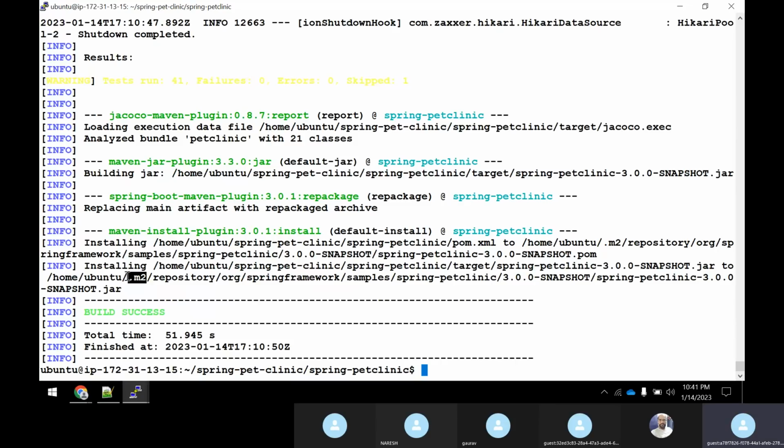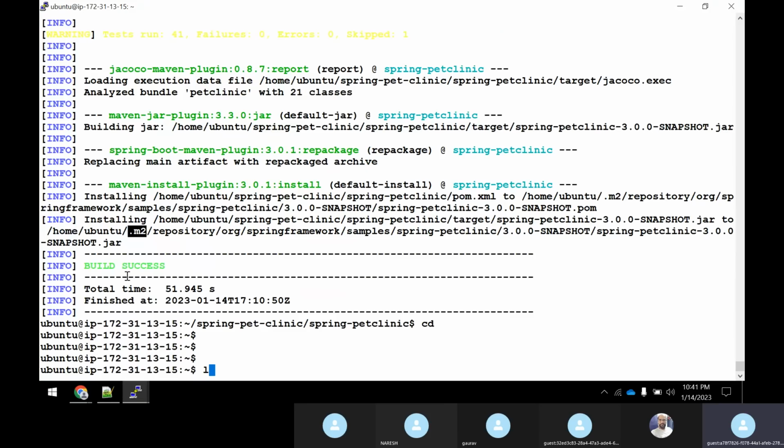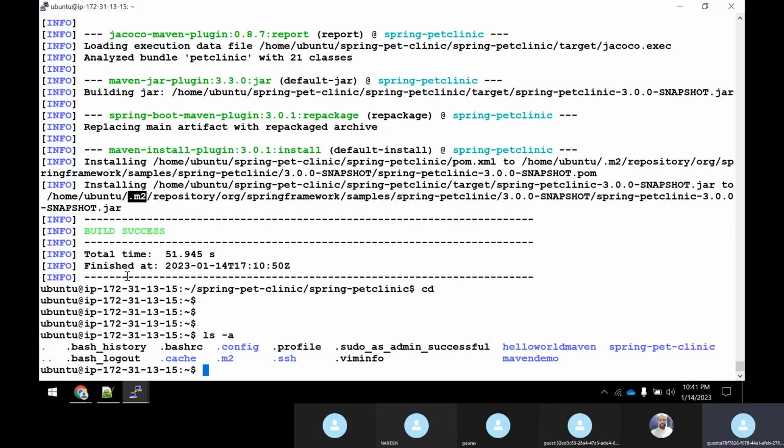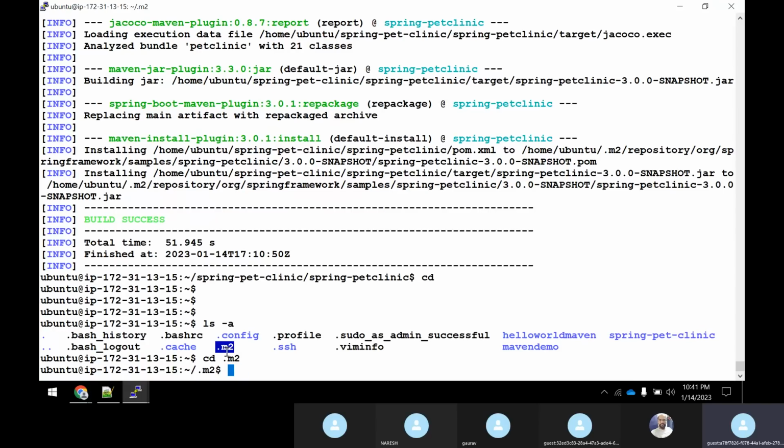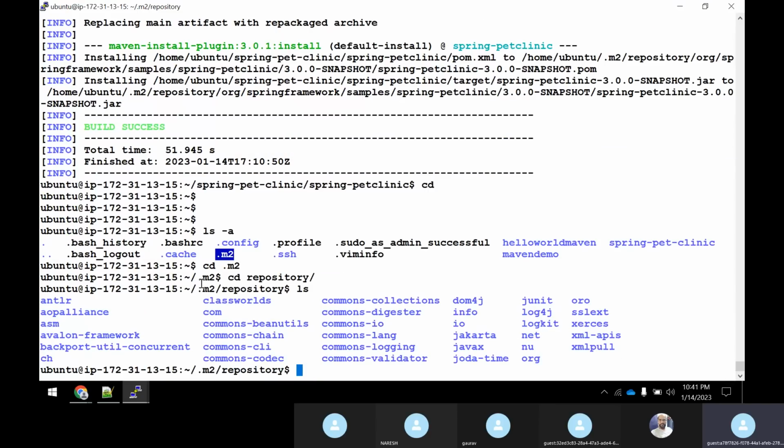You know that each and every home user account will have a local repository, which is named .m2. Why is this directory there, guys? Can anyone tell me? We just discussed it in the evening. Whenever you try to download any kind of dependencies from the central repository, all the dependencies or libraries will be saved here under this path.